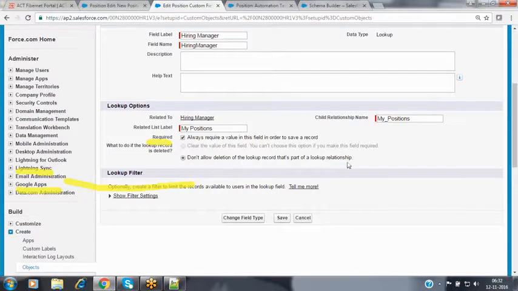So whenever you make that lookup field mandatory in the lookup relationship, and you try to delete the parent record, if the parent is associated with any child, it won't allow you to delete the parent record. First of all, we have to remove the child records, then only can we delete the parent record. Or we have to move the child records to another parent, and then we can remove that parent record. This is the functionality given by Salesforce by default. Now, let's save this one.